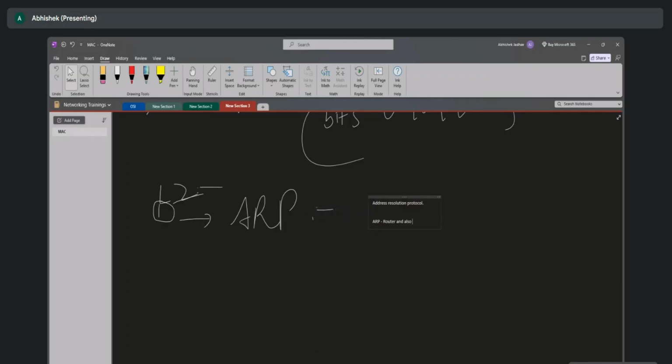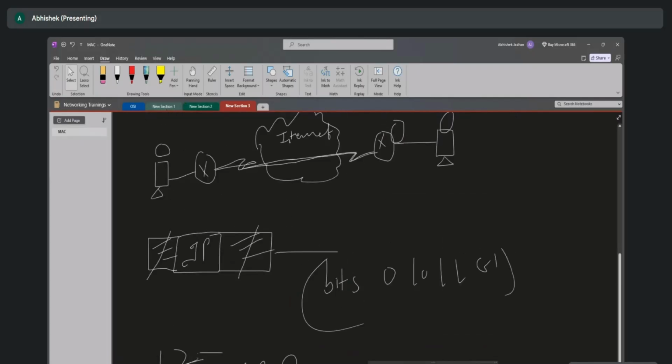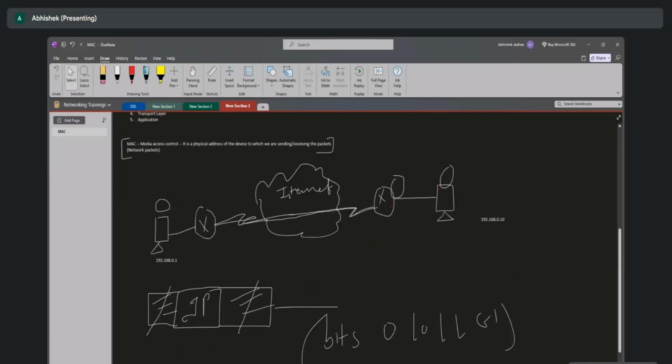TCP/IP module or stack, right? So there is an ARP table which is created within your device's TCP/IP stack and also on your router. Once the packet comes from here to here, your router checks the destination IP. Let's assume this device's IP is 192.168.0.10, and this device's IP is 192.168.0.1. So we have the IP address, we send it here, and once it reaches this particular router, there are